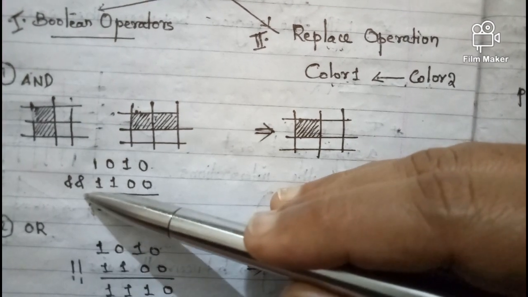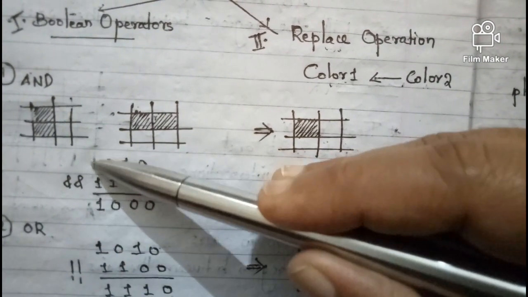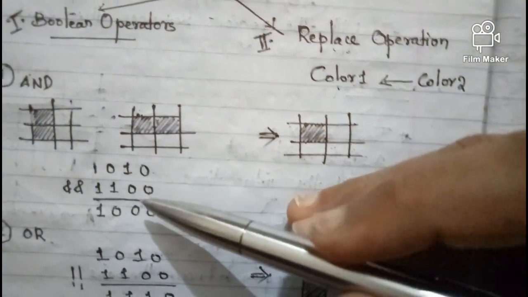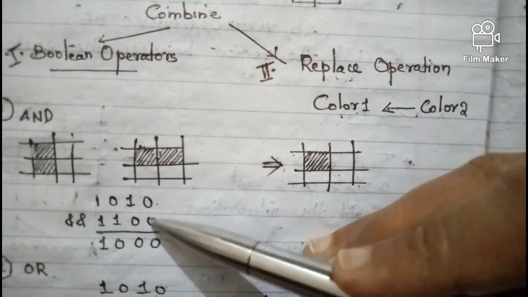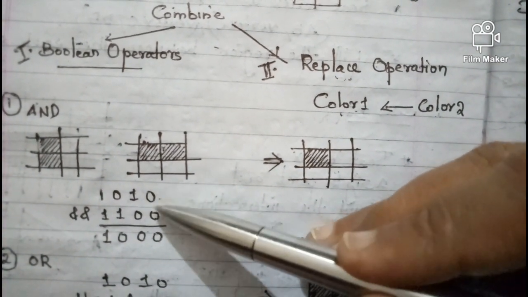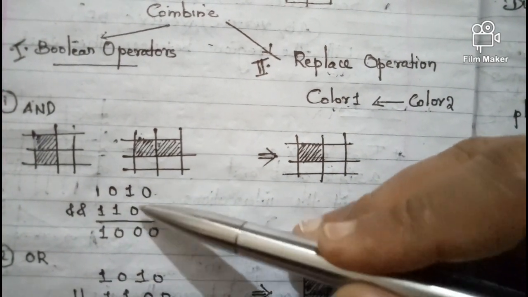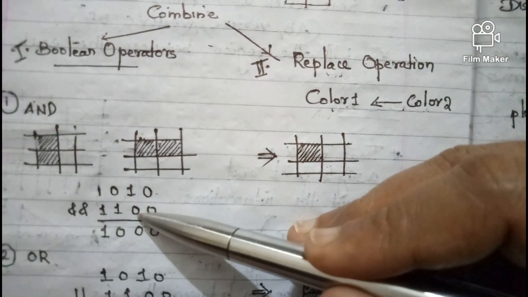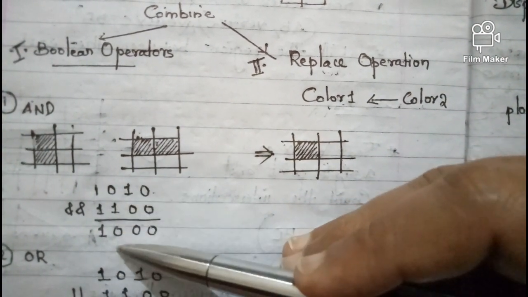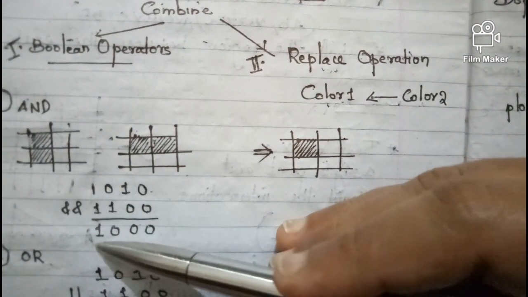While performing an AND operation, you will get an output 1 only when all the inputs are 1. Otherwise, you will get a 0. So let us check. Here we are having two zeros. As per the rule, when any one input is 0, you will get an output 0. Here also one of the inputs is 0, so the output will be 0. Here also one of the inputs is 0, again the output is 0. But in the fourth case, both the inputs are 1, so output is 1.